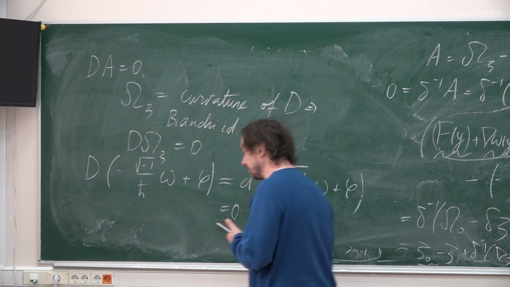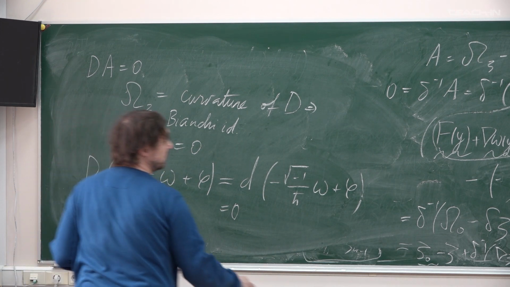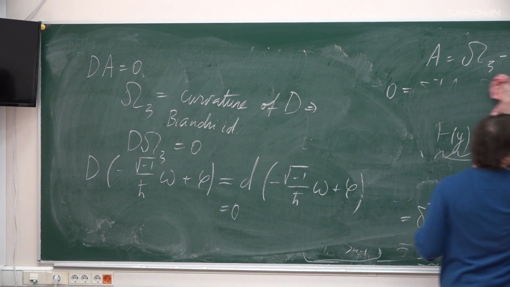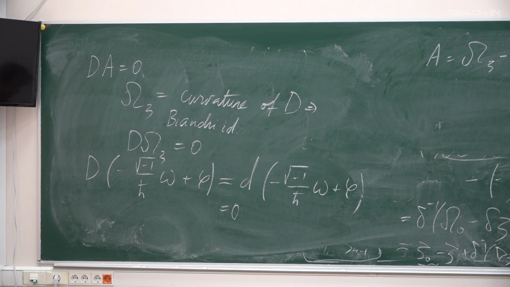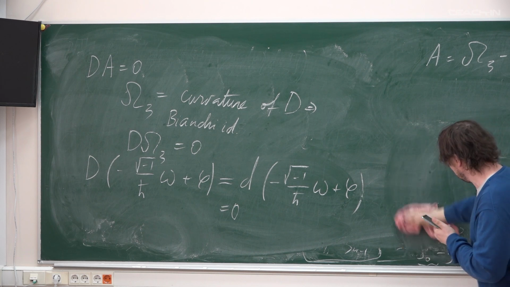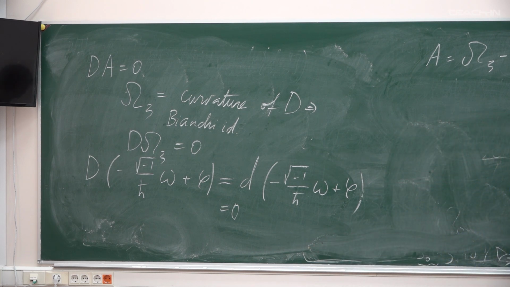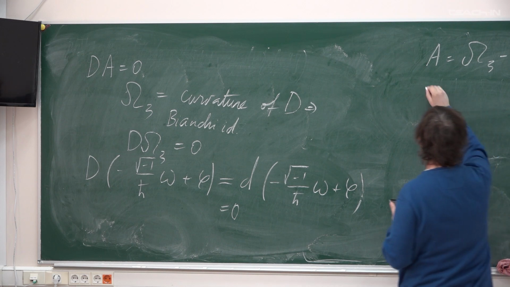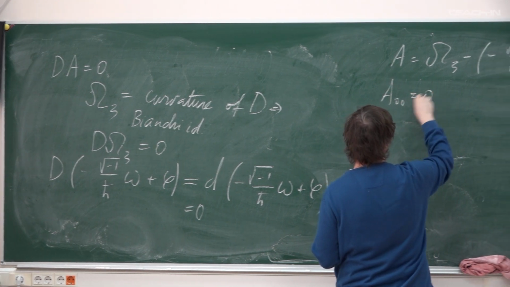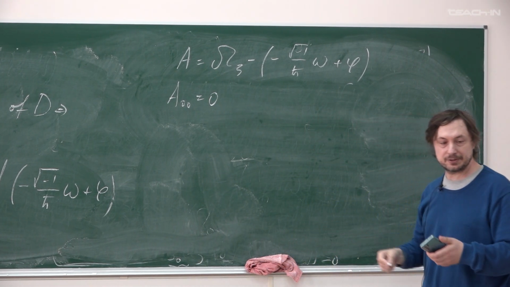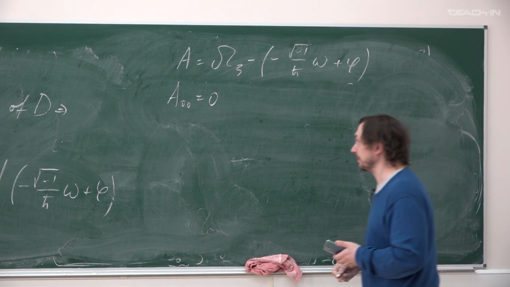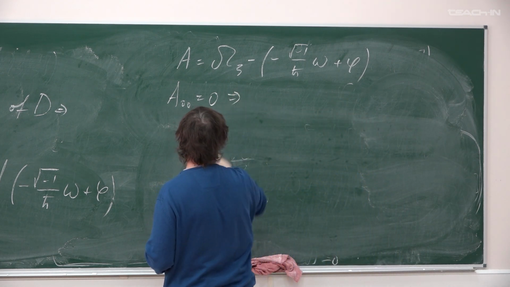Now we are able to prove the ultimate fact we need. That is to see that A is identically equal to 0. And to this end, I observe that A 0, 0 is equal to 0. Well, just because it's a two-form, it's homogeneous two-form, it has no zero component, right? Hence,